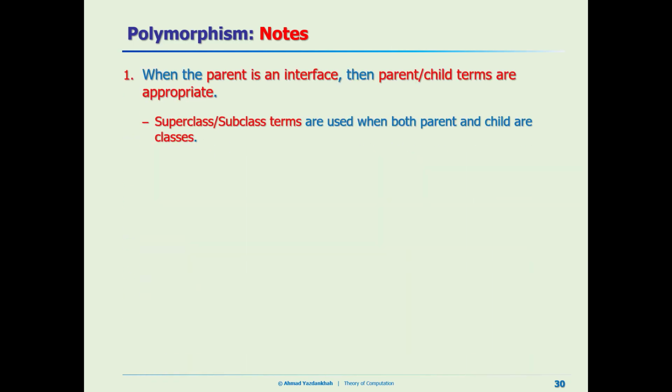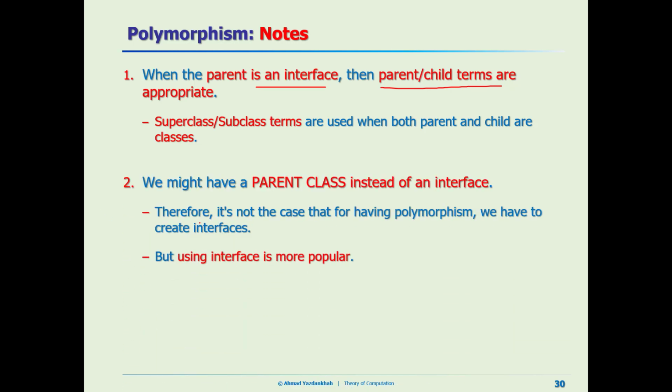If the parent is an interface, then the parent-child term is more appropriate. So we use subclass and superclass when both are classes. But if the parent is an interface, probably parent-child is a better way to call them. And also, this is an important point here that, in the examples, we had an interface